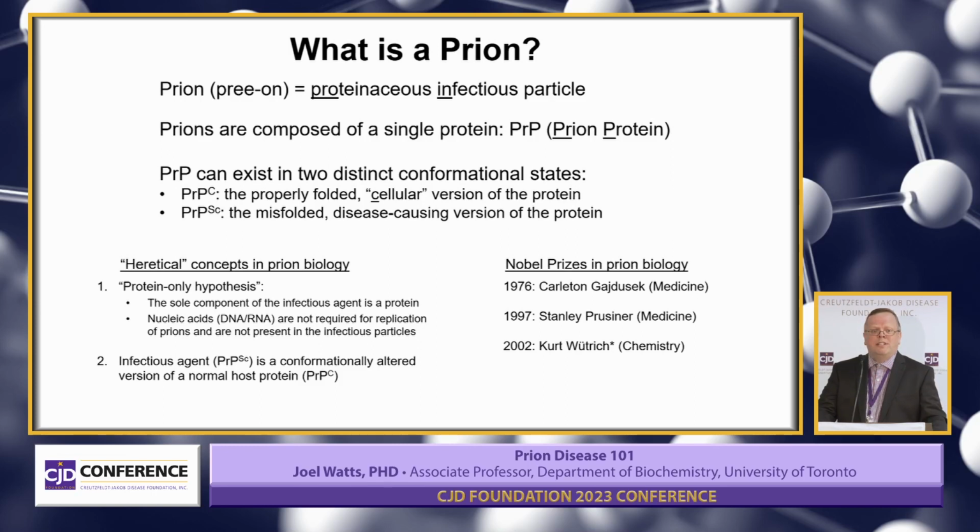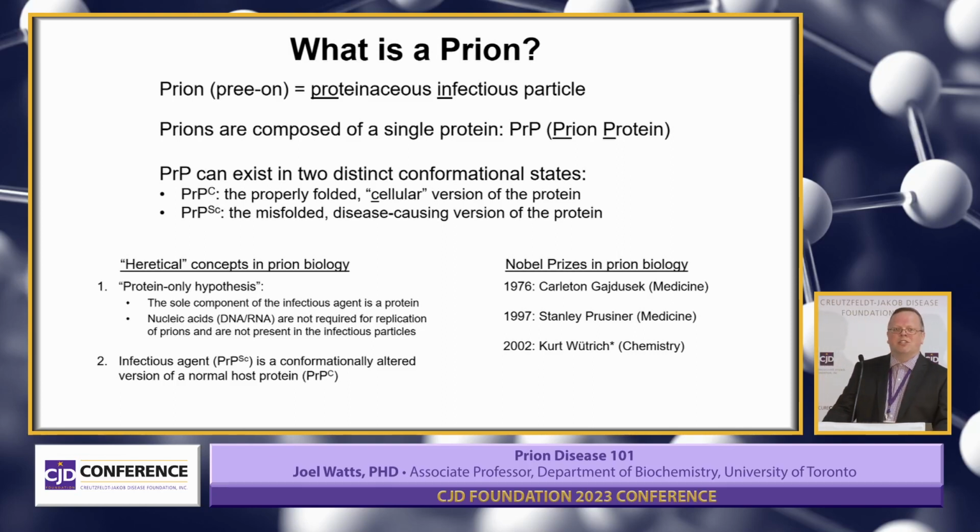Prion diseases buck a lot of trends, and people had a hard time believing that these were the cause of diseases like CJD and scrapie, that it must be caused by some sort of weird atypical virus. And that's because they go against two fundamental concepts in biology. The first is that if you have a protein, it can only have one shape. Well, here's a protein that can have two shapes. Secondly, the idea that a protein could be infectious was just heretical. And there are still some people out there today who are convinced that prion diseases are caused by a virus and not these misfolded proteins.